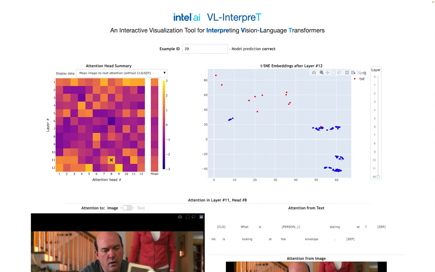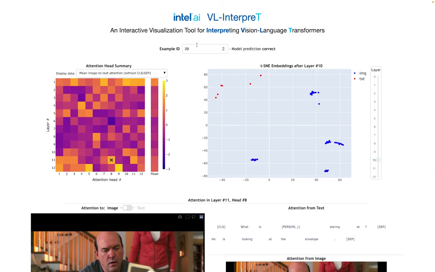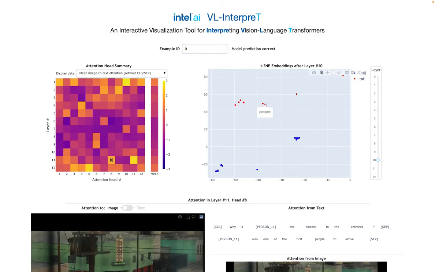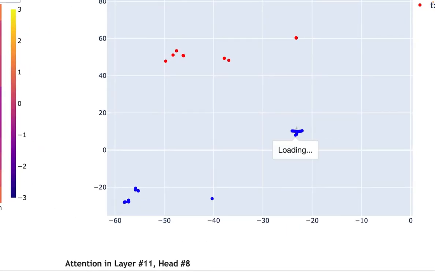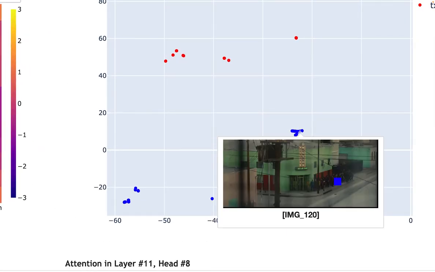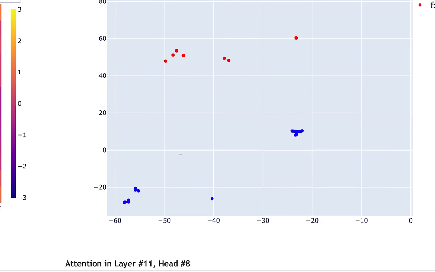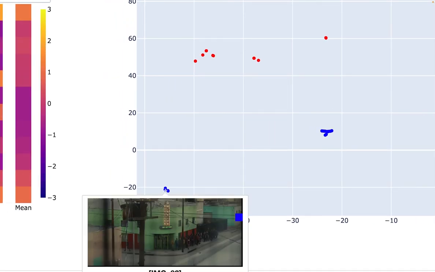And the other image tokens of the background are far away from it. In a different layer, for another example, we can see that the text token of people and the person token are relatively close to the images of people and far away from other images of known people.